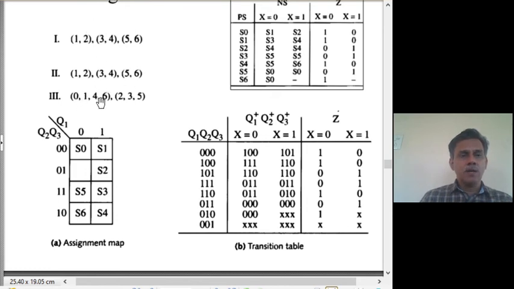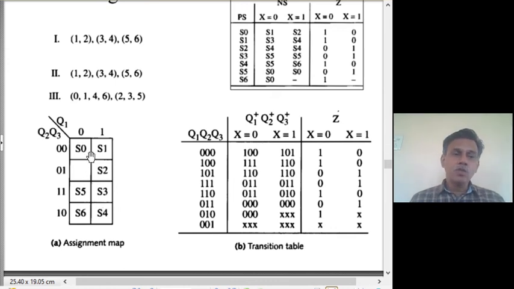But now it is easy to come up with this. But if you look at this one, while you are satisfying these criteria, try to make 0, 1, 4, 6 adjacent. So, if you put 1 and 2, 3, 4 here, 0, 1 and 4 cannot be adjacent. So, that is the problem. If you look at this one, in this case we are lucky, we can accommodate everything. 0, 1, 4, 6 are adjacent, 2, 3, 5 are adjacent. Of course, this is a don't care term, we can take it, they are adjacent. So, this will be a better state assignment.